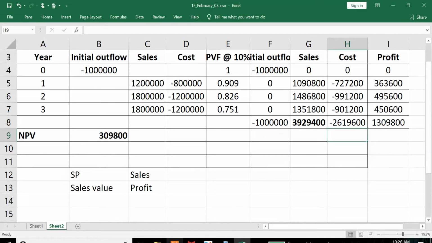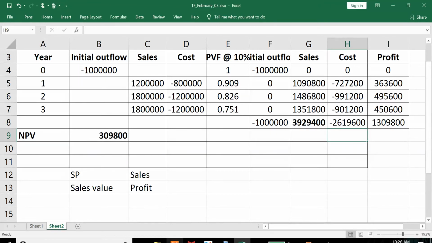Rupees 39,29,400. Full stop. The NPV will become 0 if the present value of sales